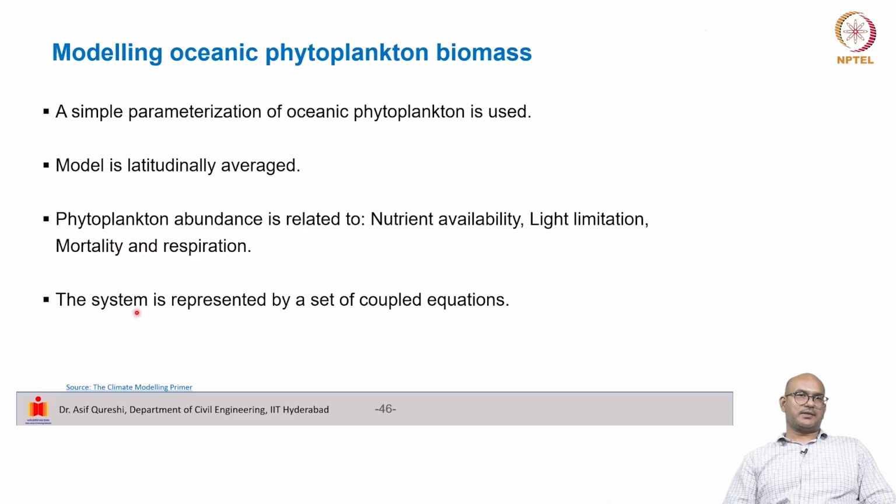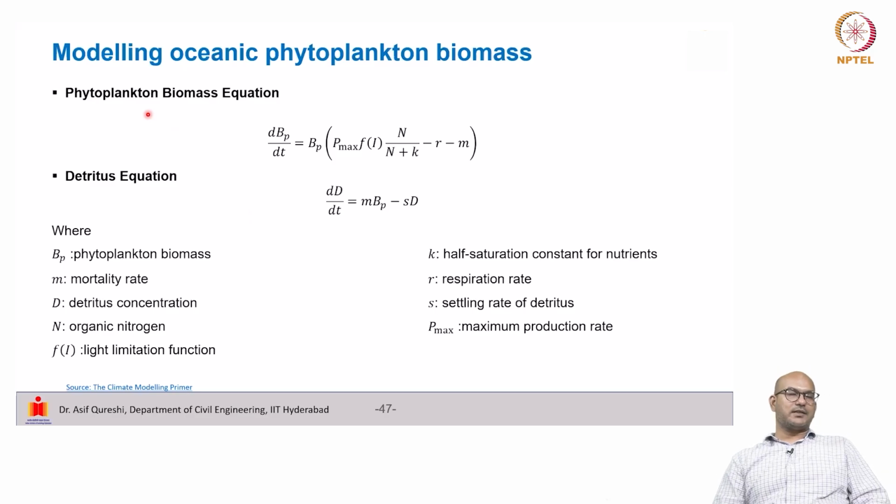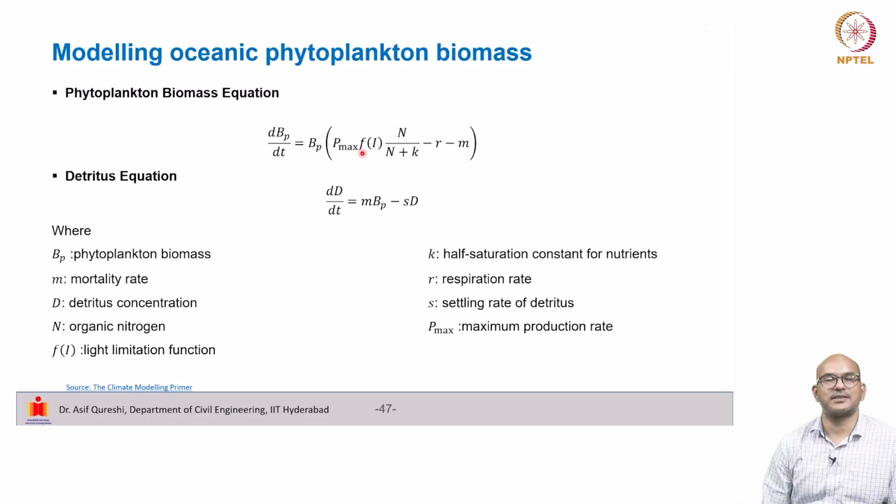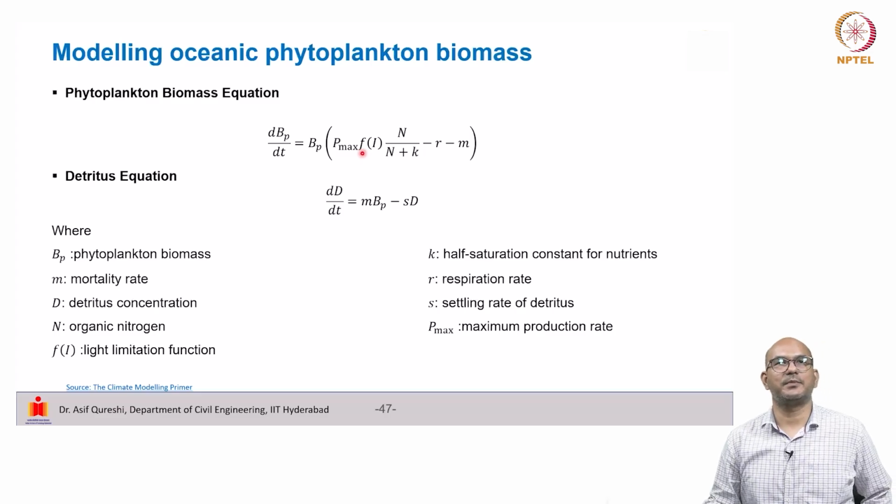This phytoplankton system is represented by a set of coupled equations. These are as follows. First is the rate of change of biomass of phytoplankton. So B subscript P is the phytoplankton biomass. This is given as B multiplied by P max, the maximum production rate, multiplied by a light limitation function. So this is our maximum rate, but if the light is limited and does not allow for maximum production, then we will have a light limitation function